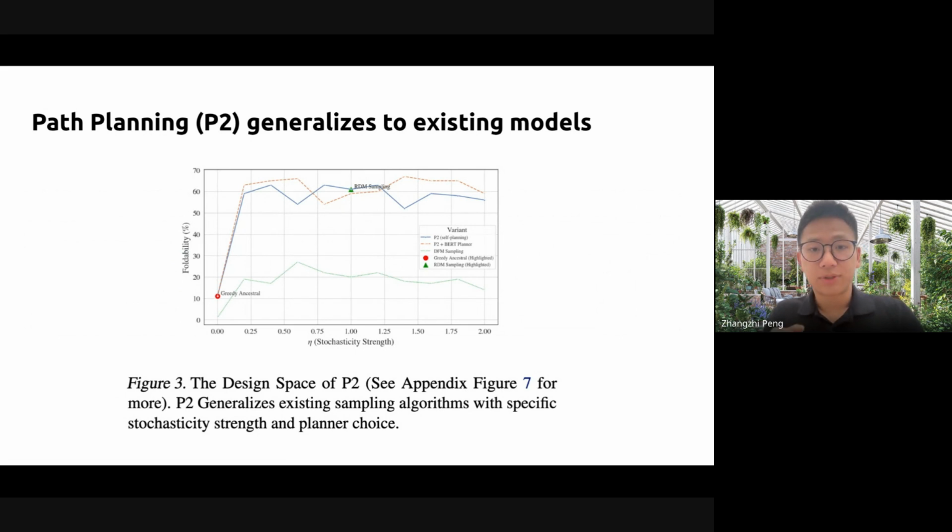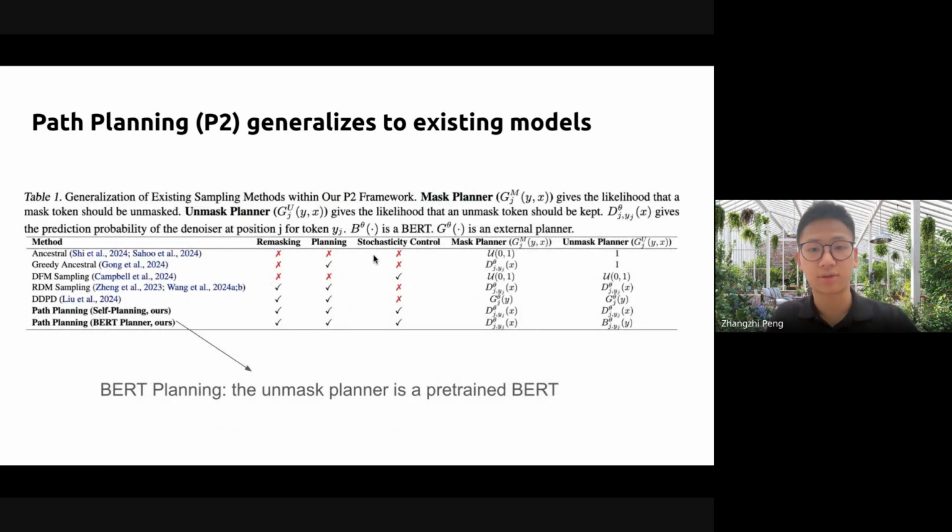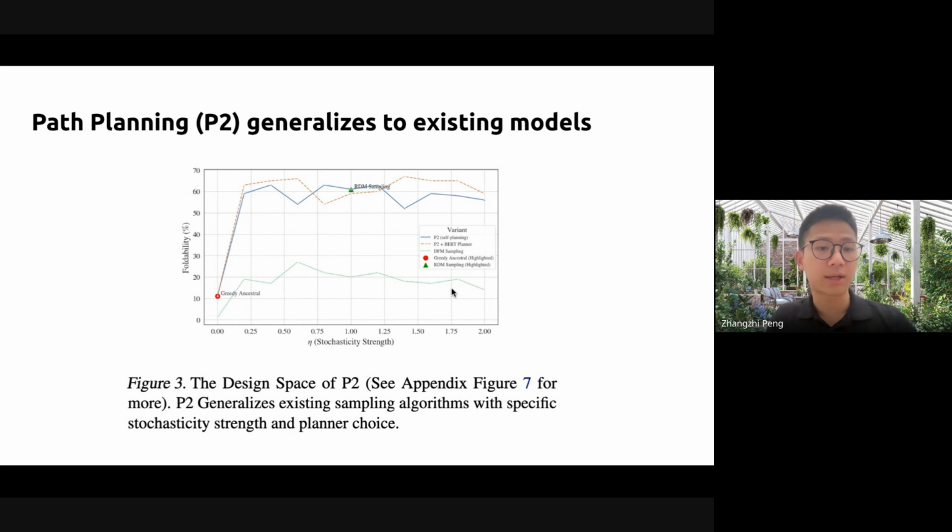And so I did some simple application for this, basically trying to elucidate the design space of P2, since we have basically 2 terms in this table, right? So we can do stochasticity control by tuning the eta. We can increase or decrease the remasking in the reverse chain, and we also have different choices of planners in our box, so that we can just plug in different parameters and see how it performs. So I want to show you